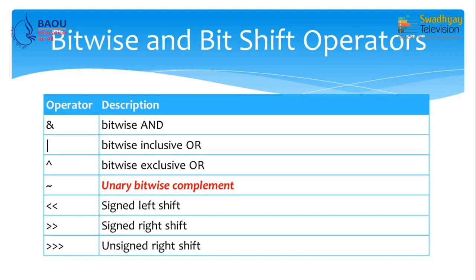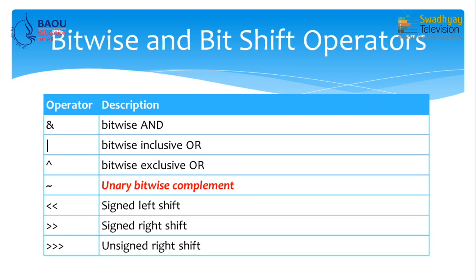Now, we know the data type. For example, byte requires 8 bits. So, in that case we can perform various types of operation that directly performs bitwise operation on given operands. For that we have different types of bitwise operator. The first is bitwise AND, then bitwise OR, then bitwise exclusive OR, then unary bitwise complement.